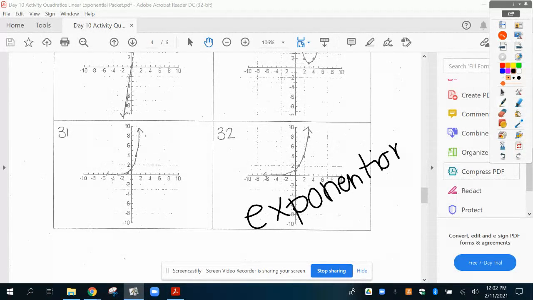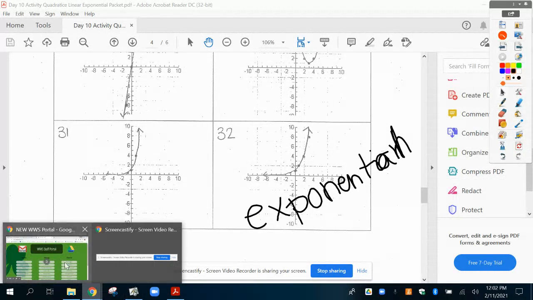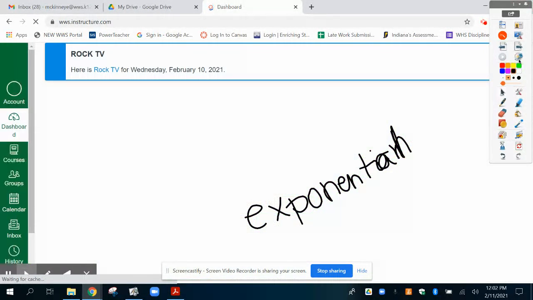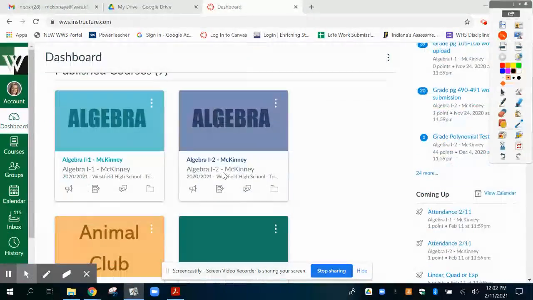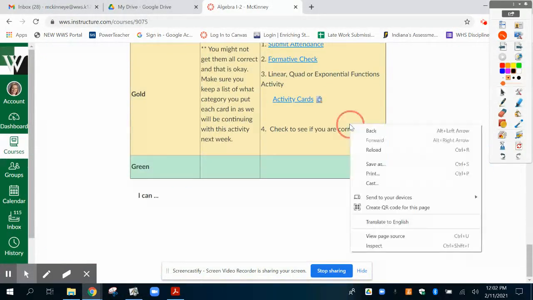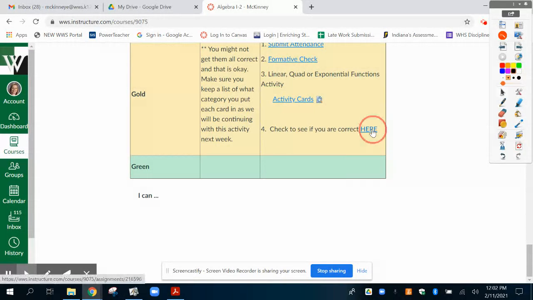Okay, and then once you've made your whole list, then you'll go into the assignment for today, where you will just drag each appropriate card into its corresponding spot. So when you log into Canvas and you open up the assignment, let me pull this up. We have an announcement, we're just going to ignore it. But if you look here at this last thing on here,